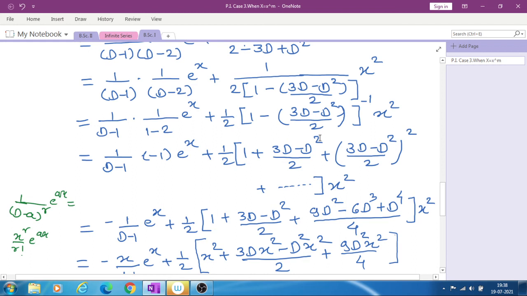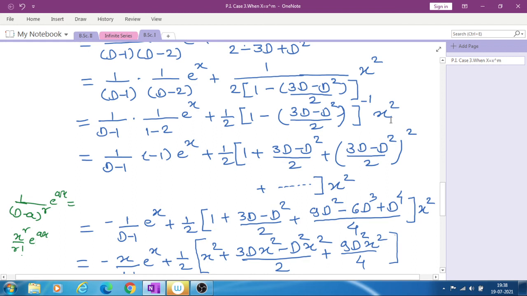If you remember the formula in x, then (1 minus x) raised to minus 1 is equal to 1 plus x plus x square plus x cube and so on. So this is our x. Therefore, 1 plus this x, or d instead of d, this complete bracket (3d minus d square) upon 2, plus d square, which means this bracket squared, (3d minus d square upon 2) squared, plus...